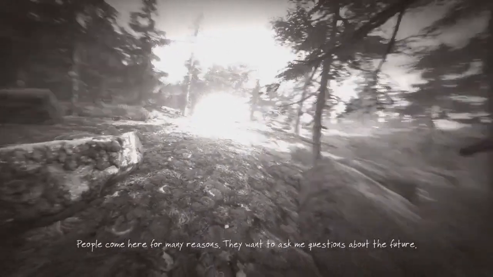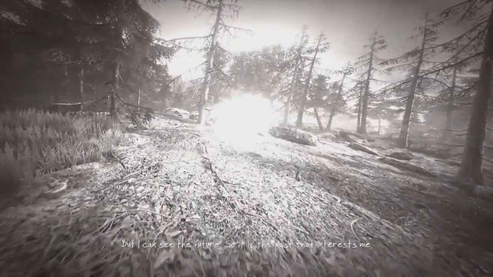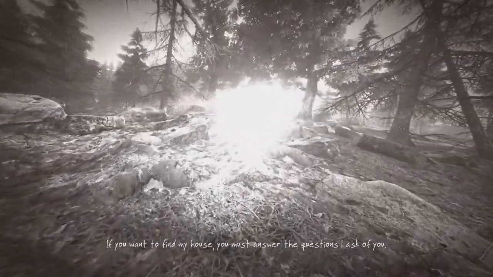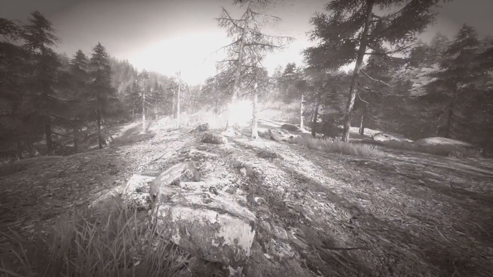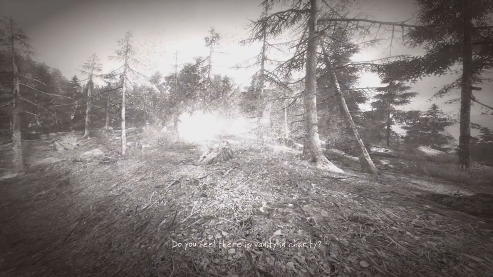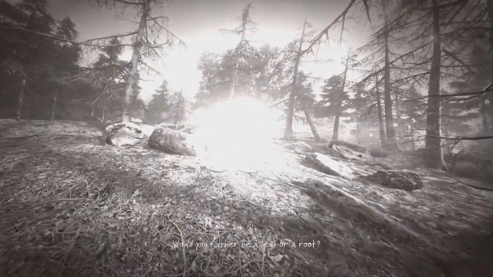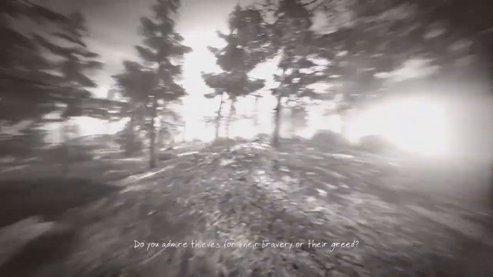People come here for many reasons. They want to ask me questions about the future. But I can see the future. So it is the past that interests me. If you want to find my house, you must answer the questions I ask of you. Does sin come from the heart or the mind? Do you feel there is vanity, charity? Is betrayal caused by inequality or injustice? Would you rather be a leaf or a root? Does death bring peace or suffering? Do you admire leaves for their bravery or their